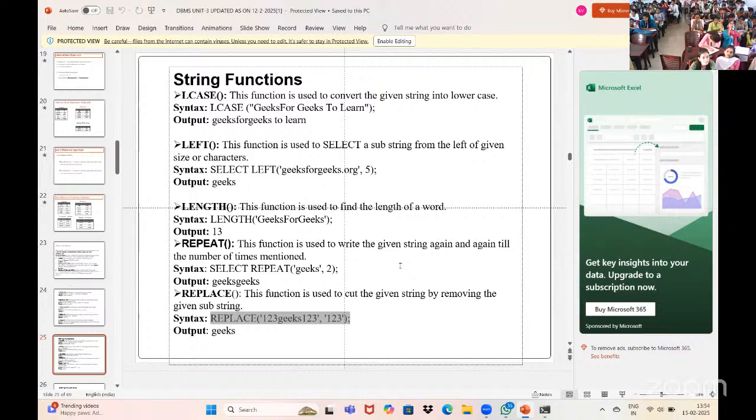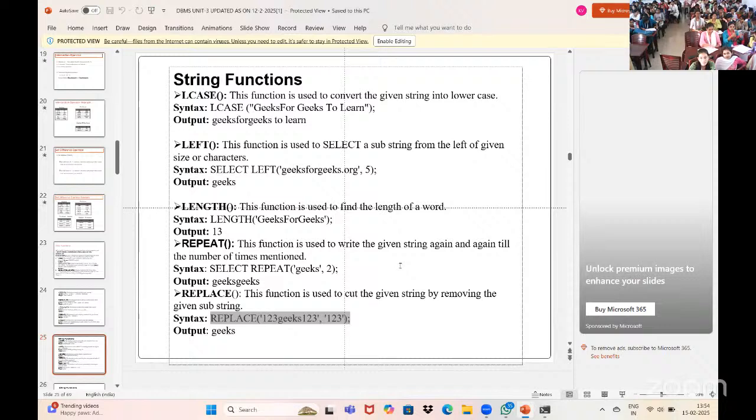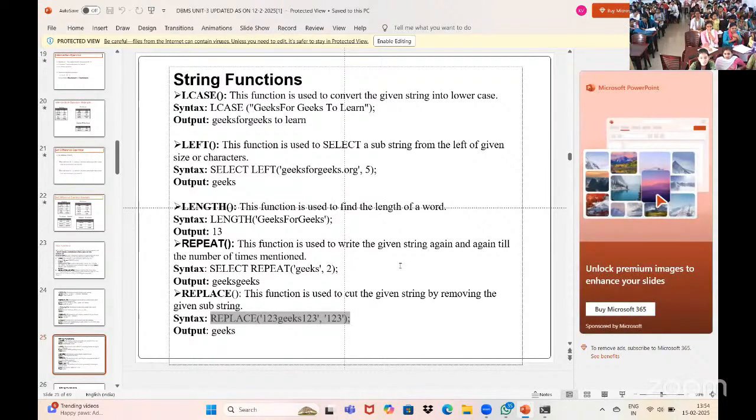So till now, how many functions have we seen? What is the first function? What is the first string function? ASCII value. Next, character length. Third one,